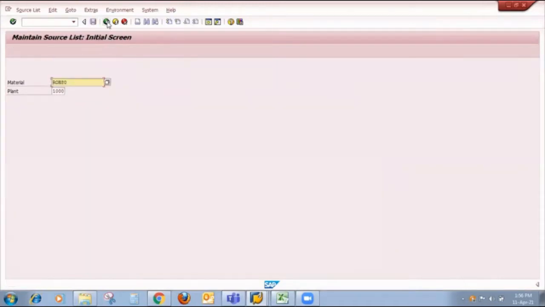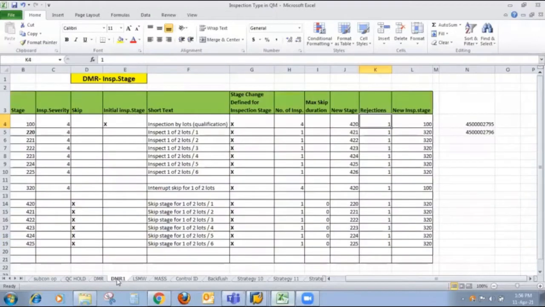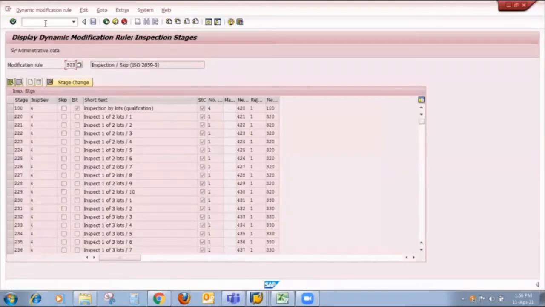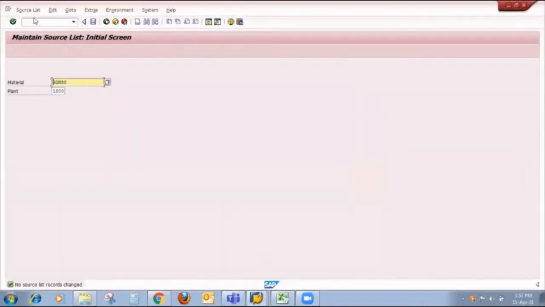So my vendor is 930041. Okay. So for your convenience, I created two purchase orders. This order number is so and so. And with the help of that purchase order, I will make my GRN, and I will show you how the system creates the inspection lot. So firstly, I do GRN with the help of the purchase order.